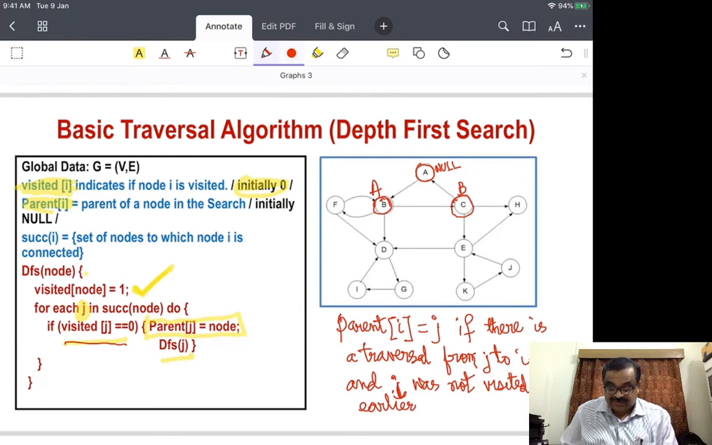Once we have done DFS of C, then we have these three children of C. One is A, but A is already visited. Then we have to go to E. We go to E and we mark the parent of E as C. Then from E, we can go to H. We mark H and we mark E as the parent of H. Then we come back from here. So we are going to backtrack from H back to E, and then we go to K